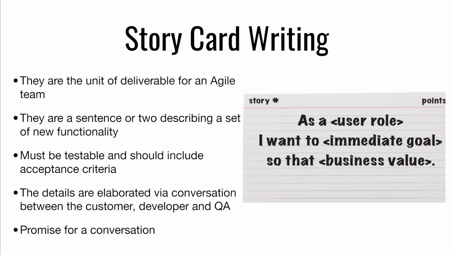Story card writing. This is the activity in which we create the user stories that fill our backlogs. These, again, are the feature sets and the different things that we want to produce for a client and a product owner who are asking for certain feature functionality out of whatever it is that we're building. We talk about them as being a single unit deliverable for an agile team, and that means they should